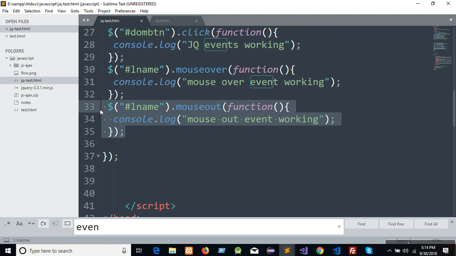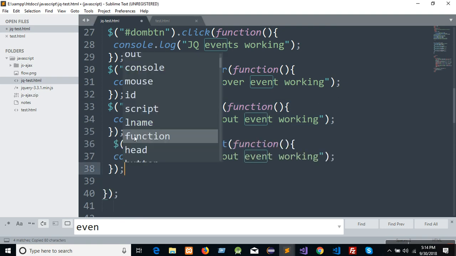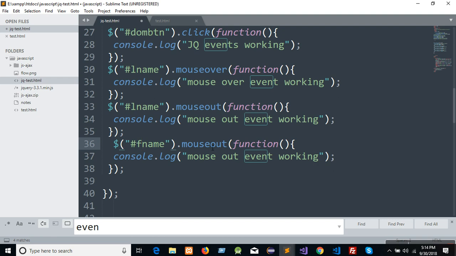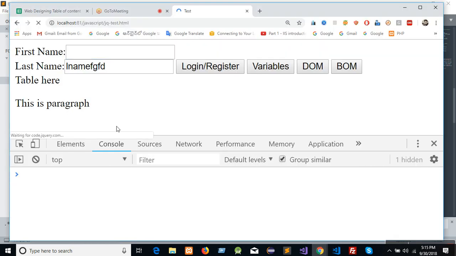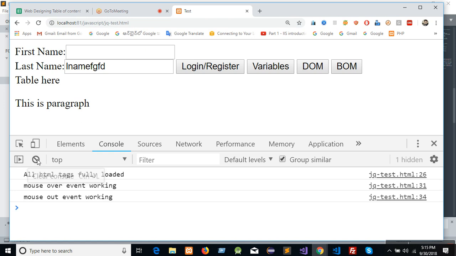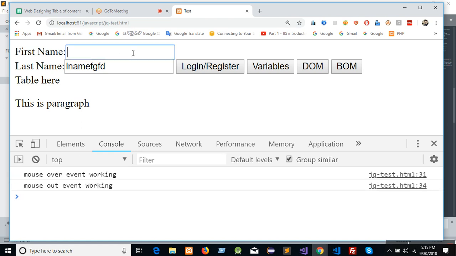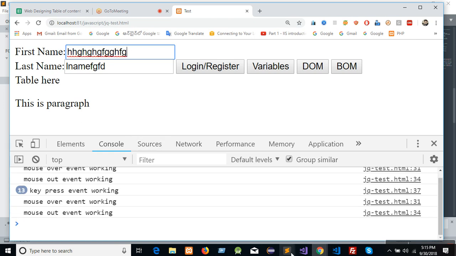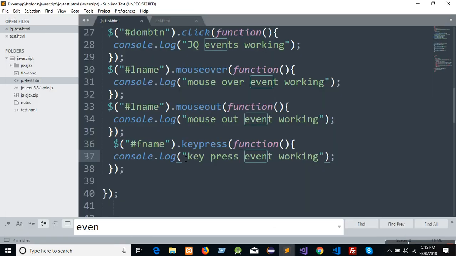For first name, whenever I am pressing a key, key press, so instead of this,